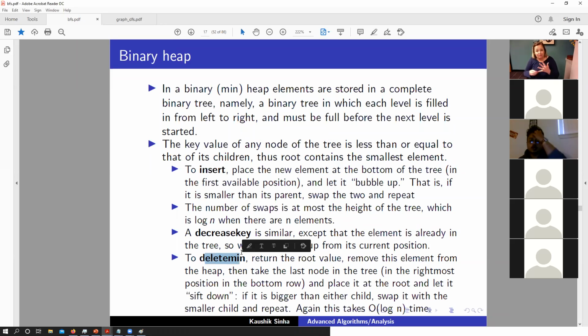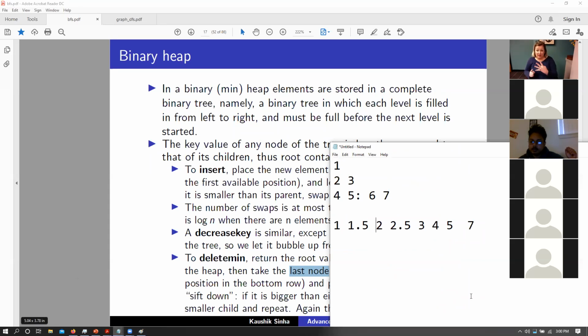And finally, we should also be able to eject the node that has the lowest possible value. In order to eject that node, we would basically be ejecting the root node. Now, if we are ejecting the root node, you need to reorient your tree such that it still has a new root node. So we return the root value for that tree, remove this element from the heap, take the last node that has the largest value in our tree, and we can find that last node by just using these array values here.